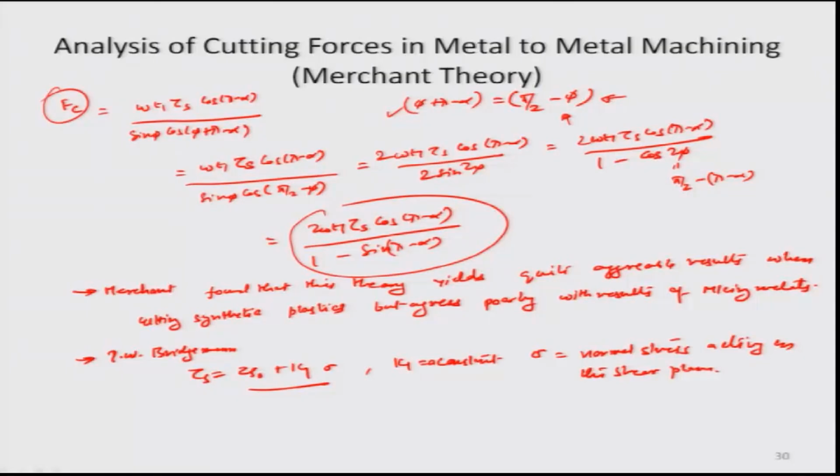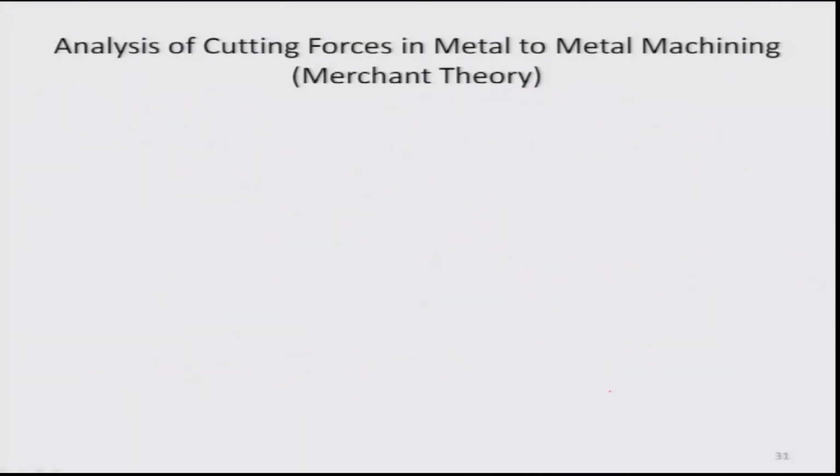So, if I just substitute this value here for the tau s value, there will be some modifications which would happen to the overall equation. And if we look at what those modifications are, so we know that if we just consider what is the normal stress. So, the normal stress actually is nothing but the normal reaction